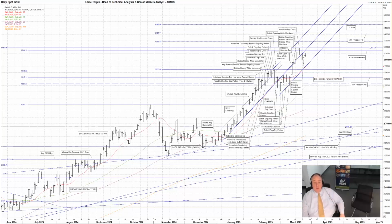time, currently at 3046, of the early January to late February bullish Andrews pitchfork, which has shown the bullish angle of attack of this market since late February, as well as the 100% projected Fibonacci line at 3044. Now, further down, under 3000, we seemingly have little until the 2955 zone, bar the rising dark blue lower time,